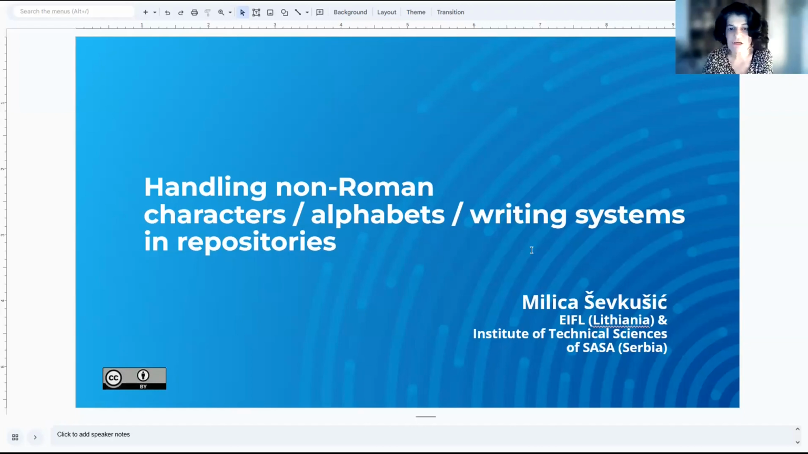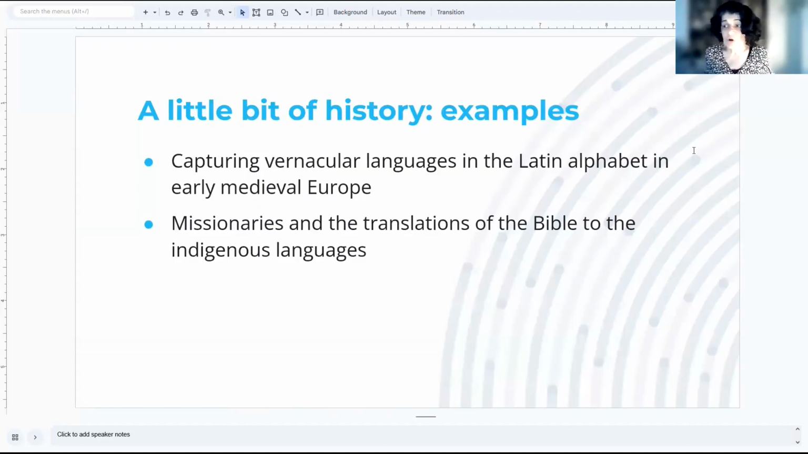It appeared in the first round of discussions, and then we decided to include it in quite an extensive way in our document. The main thing that should be understood is that this topic is not related only to the digital context, not only to repositories. This is an old topic, and it actually appeared